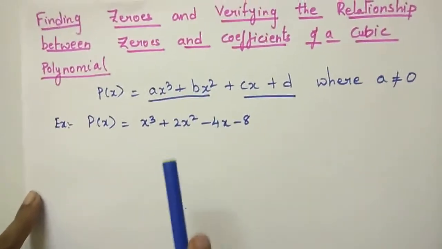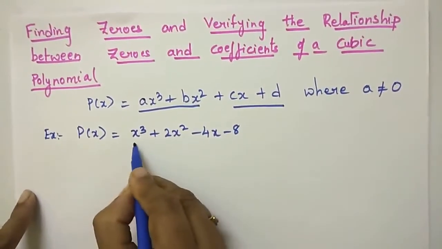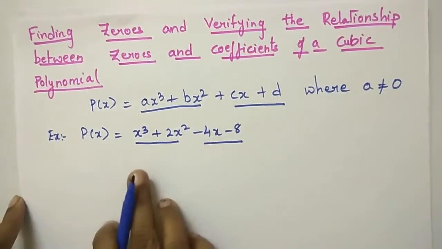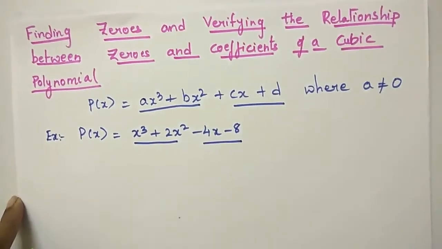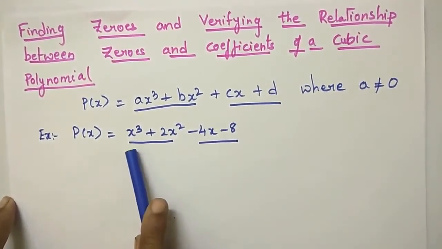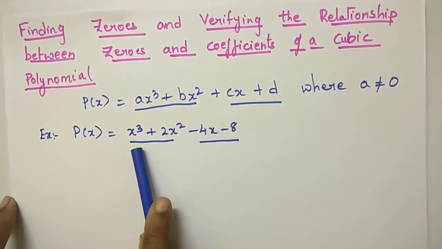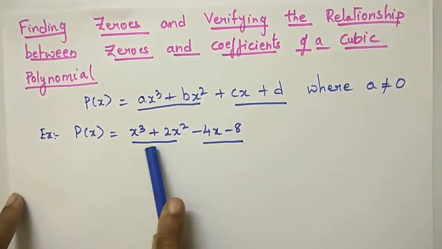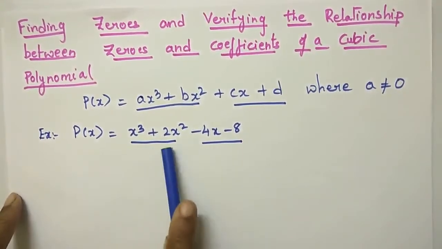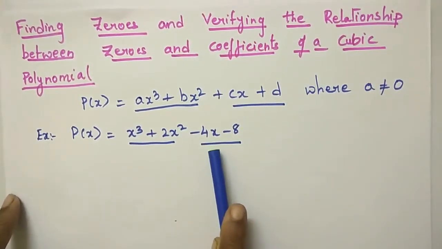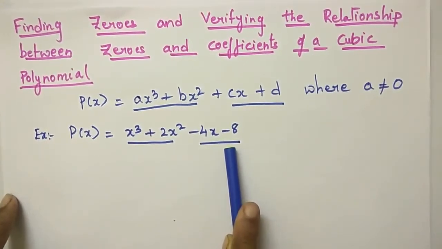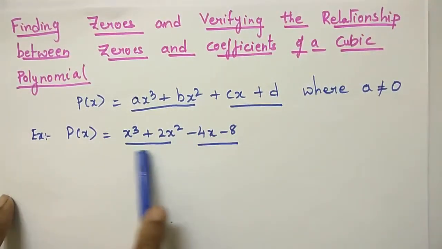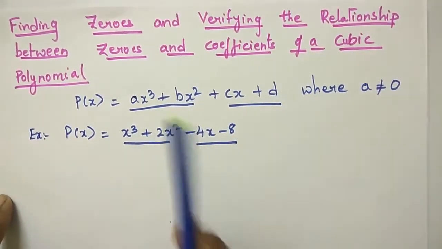To find the zeros, first we have to group the terms. Just group these two terms and these two terms. Check whether you are able to find a common factor or not. Observe here, if you take x square, there will be a factor of x plus 2. This can be expressed as x square into x plus 2. Whereas here, if you take minus 4 as common, you can write it as minus 4 into x plus 2. So, x plus 2 is the common factor in these two grouped terms. So, we can proceed.